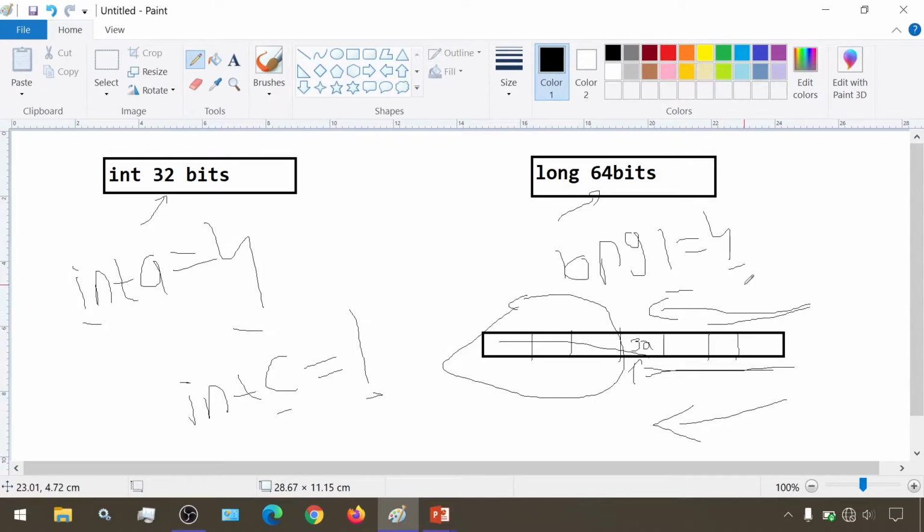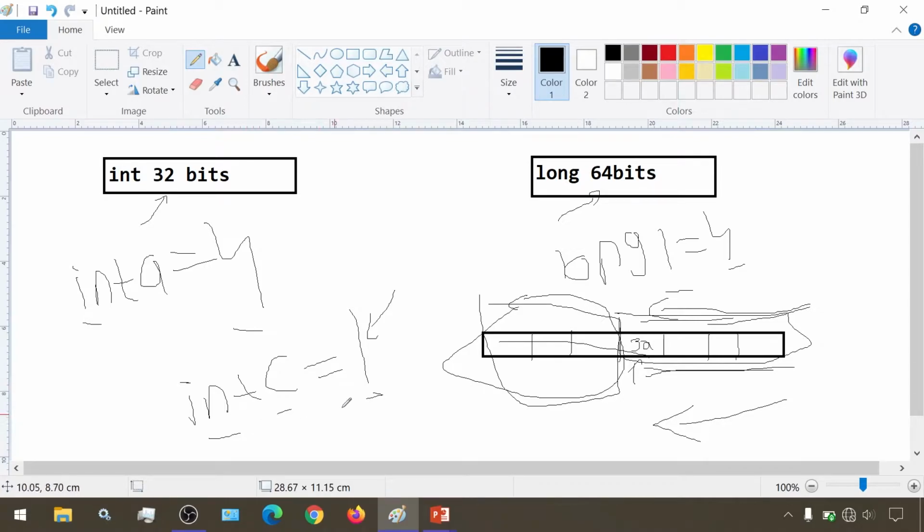Now in our case, since we have the value 4, the 32 bits of int are sufficient to store it. But if we have some value which is greater than the range of int, and we are assigning this long value to an int variable, and the value is not in the range of int, then there will be data loss, because these 32 bits won't be able to represent the whole 64-bit number. So obviously there will be data loss, and whatever number results from these 32 bits will be stored inside this int variable.